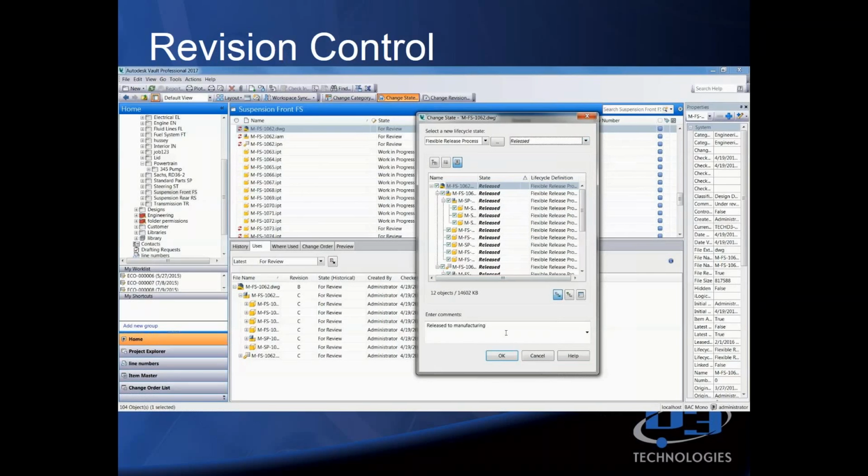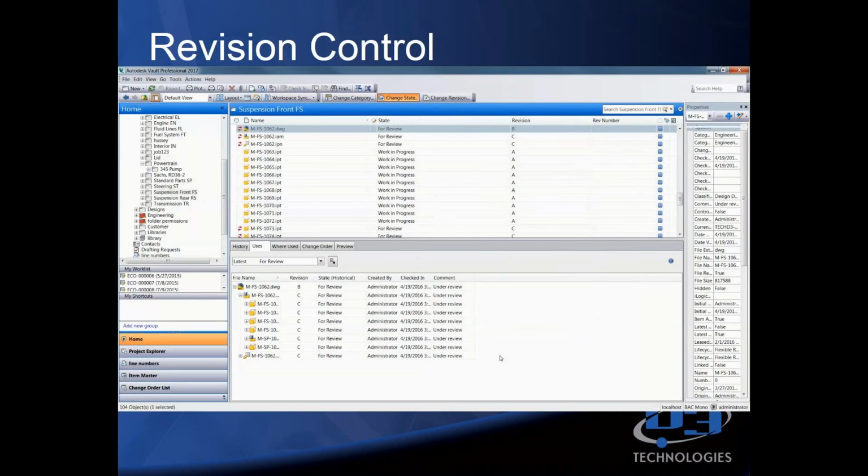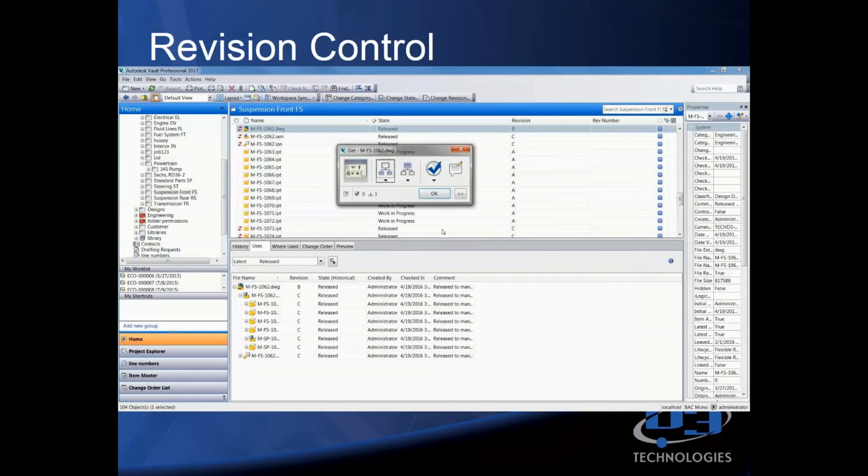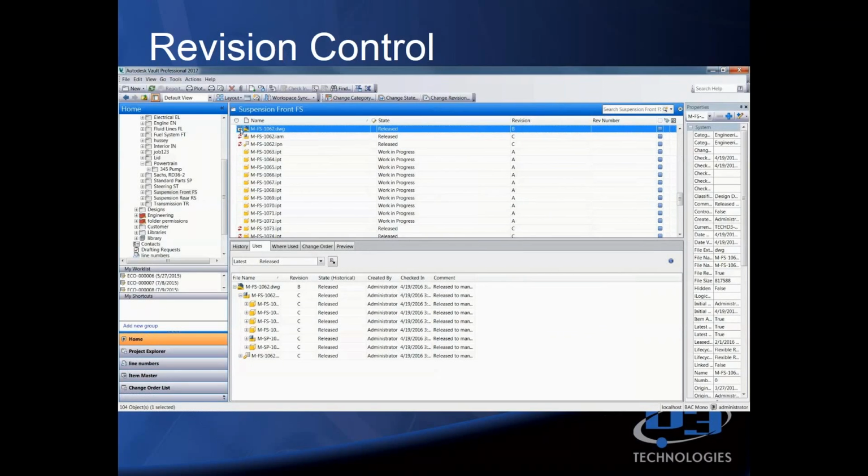So then my checker's checked it and it's all good. So it's going to do the same thing. It's going to set them all to released. Now you're seeing the little red squiggly thing because I have one on my local system and it's saying you need to update that. So I do. I update it. I'll go ahead and get a copy of it on my local system. And then you can see that it's locked because it is